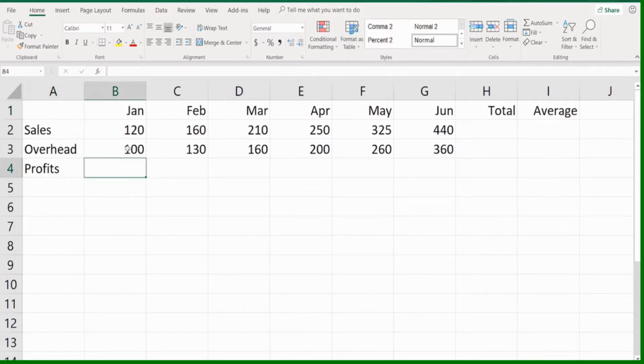The total here is going to be 20. We're going to be subtracting these 2 cells. But we don't type 120 or 100. All formulas in Excel begin with the equal sign. And although we can occasionally and want to use external numbers, most of the time we use addresses. We want to say, in effect, whatever is in B2, from that we want to take away whatever is in